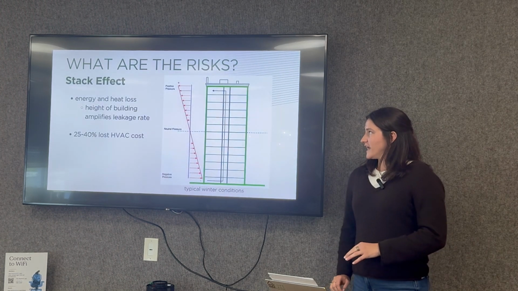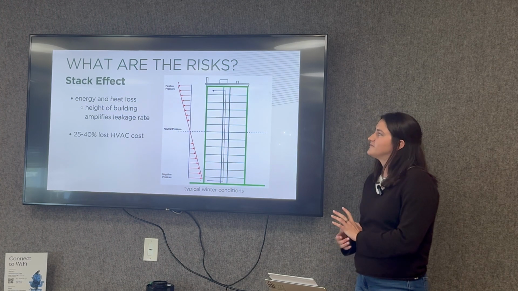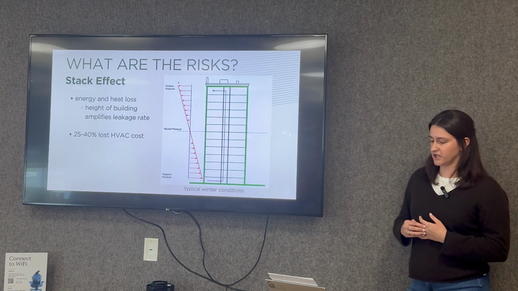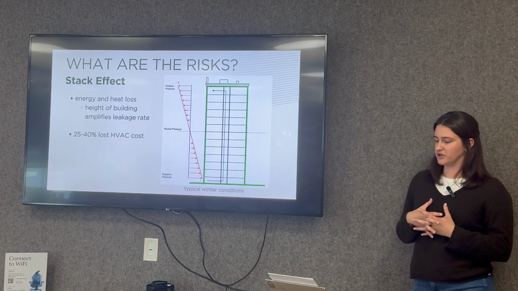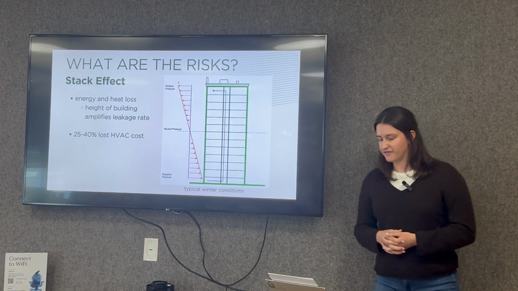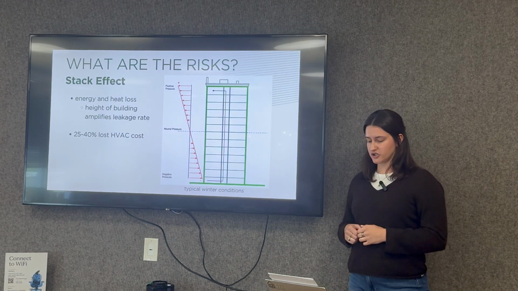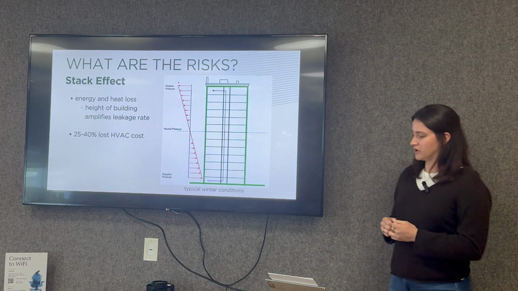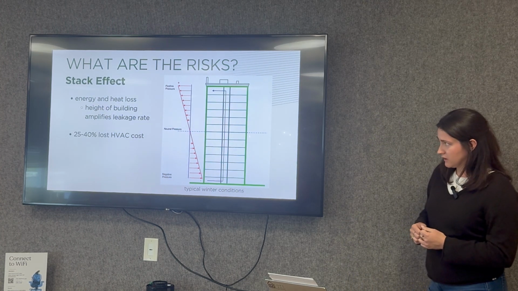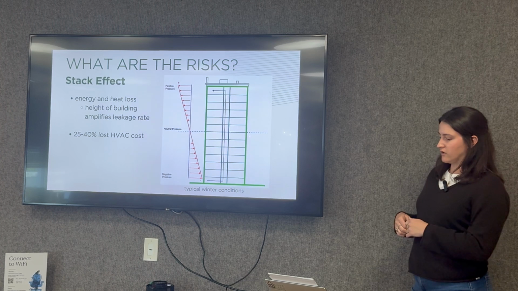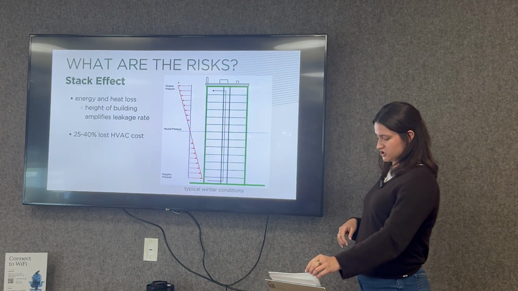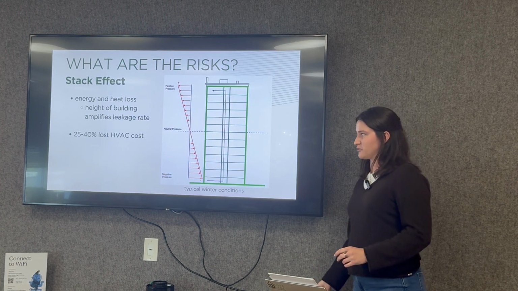So you have a building and it's not airtight. What are the risks? Generally, uncontrolled air leakage can contribute to moisture problems that affect occupant health and your structure durability. A large amount of air leakage can also impact your indoor air quality. Heating and cooling typically accounts for the greatest energy usage in buildings, and it's estimated that air leakage can typically account for 25 to 40% of that